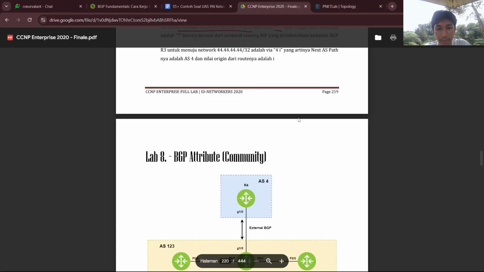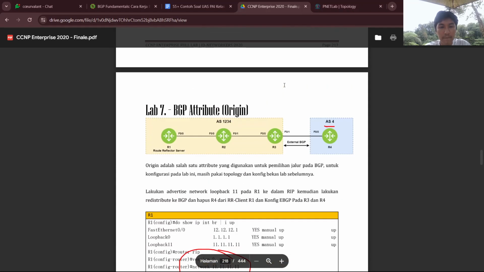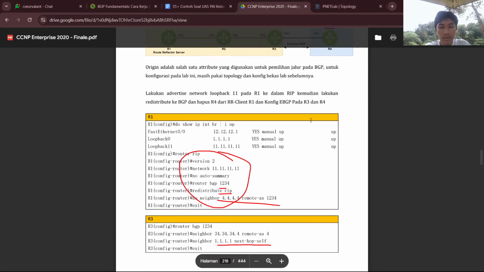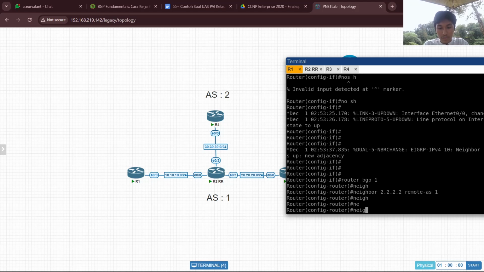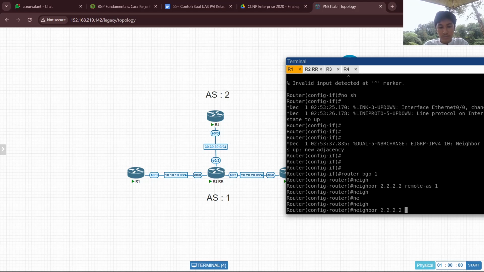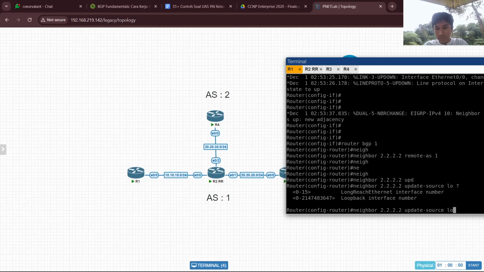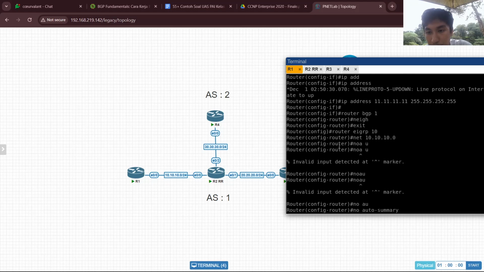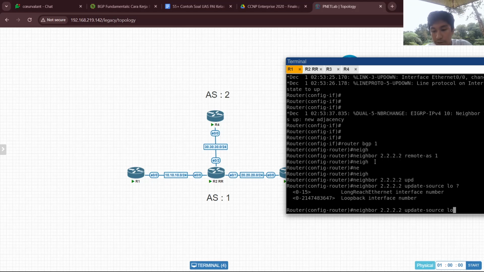Wait, I forgot the line. Oh, only this. And then neighbor 2.2.2.2 update source. I forgot the loopback. So the loopback is loopback 0.